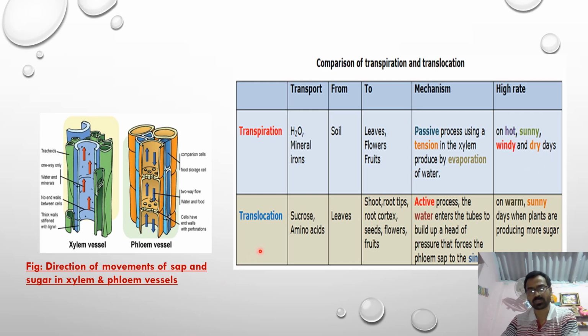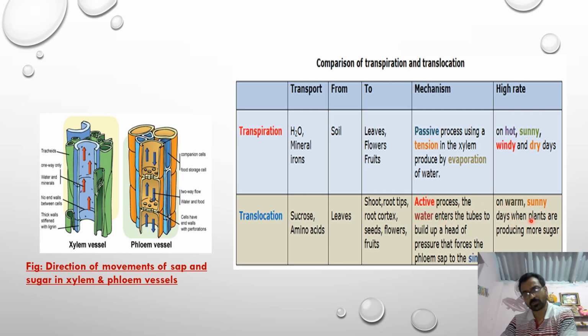Whereas the translocation process is the transfer of sugar and amino acids. They are formed at the leaves due to the photosynthesis process. It is an active process. We have learned about the loading process, the transfer of sugar from the spongy cell to the phloem cells. Again, the resistance of the sugar solution at their membrane is known as loading. That's why energy is utilized there. So it is known as an active process.